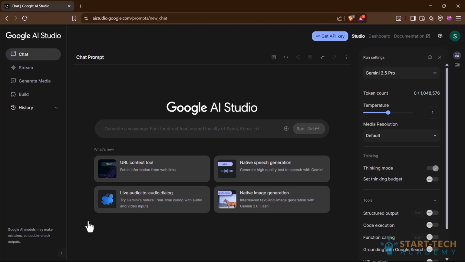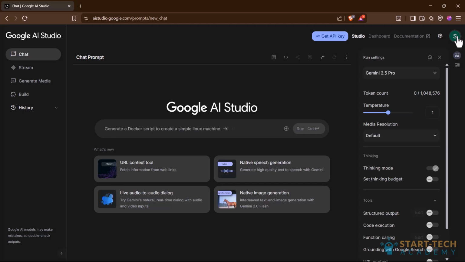It uses the same Google login. Since you have already signed in to Google Gemini, it will likely take you straight to the dashboard. If not, just repeat the same quick login steps. As you can see, we are logged in here because we previously logged in to Google Gemini. Alright, so